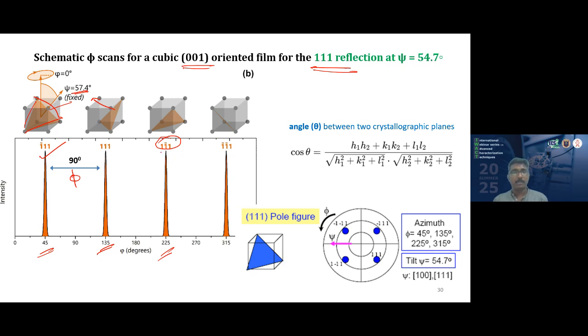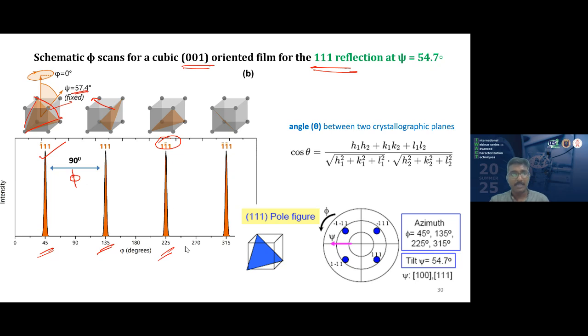And again by rotating 90 degree, we will get another peak. So the sample rotates along the phi direction and records a Bragg reflection. We can observe sharp intense peaks at regular intervals. Here in this case, it is around 90 degree corresponding to 111 family members with a tilt angle of 54.7